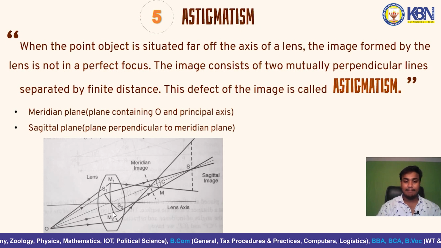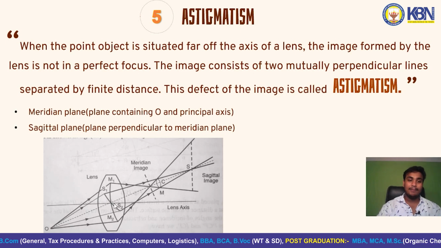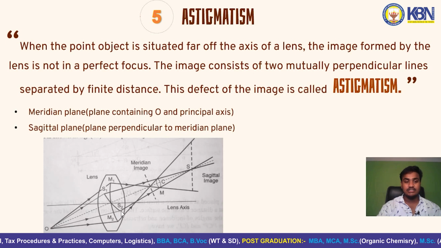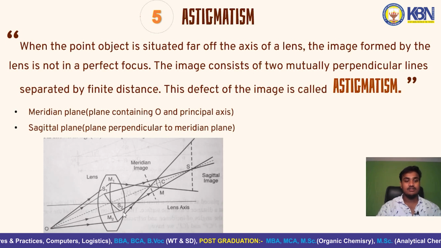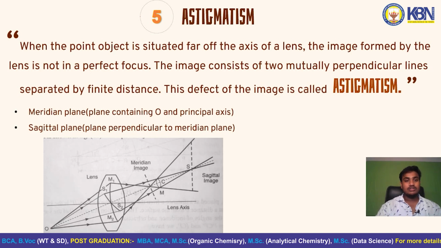Meridian plane means the plane containing the optic axis O and the principal axis is known as the meridian plane, and the plane which is perpendicular to the meridian plane is called the sagittal plane. M1 M2 is the meridian plane and S1 S2 is the sagittal plane. Now coming to the